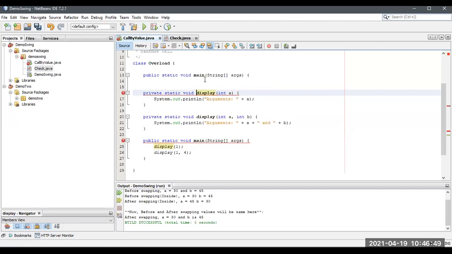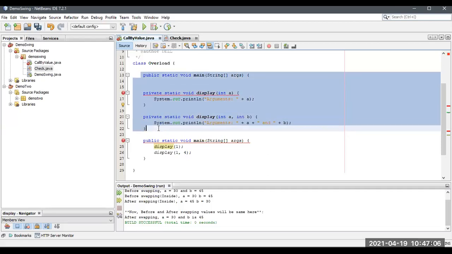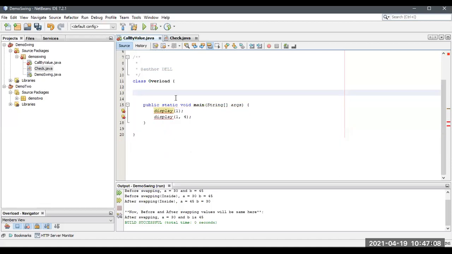Inside a method, we can't write another method. Okay, that was the error. Now you got the point, right? This is also a method. Inside a method, you can't declare another method. We can call the method, but you can't declare one inside another method. Let me close this. Don't get confused. Inside a method, you can't write another method. Got my point?